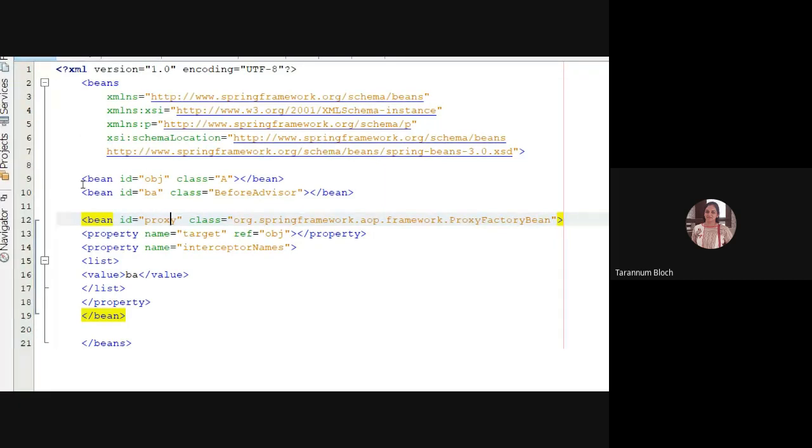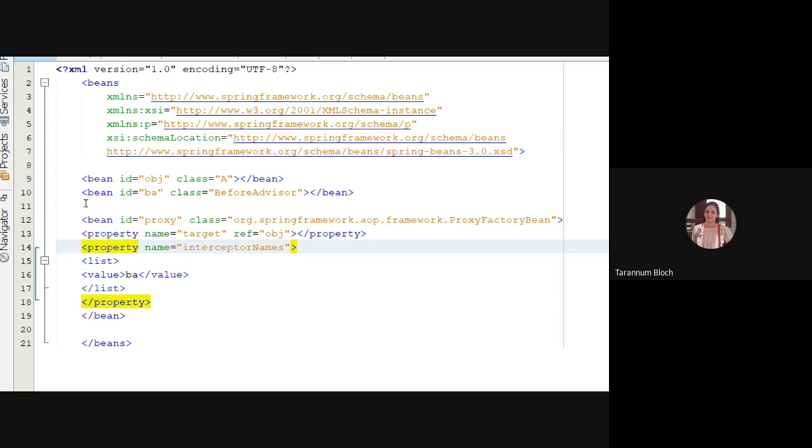And now we are talking about which class this proxy is for. So we say property, and we say name is equal to target, and it is referring to the object which is class aspect A. And then I said we have interceptor, as we said, interceptor is the one which comes in between, or it could be any advice before, after, during the exception, or during the finally situation.